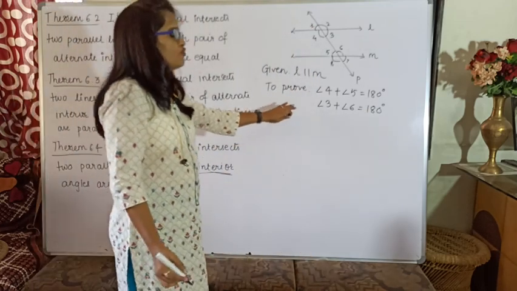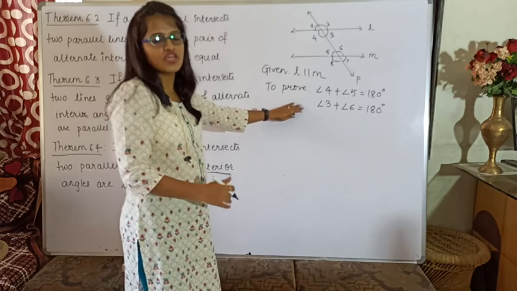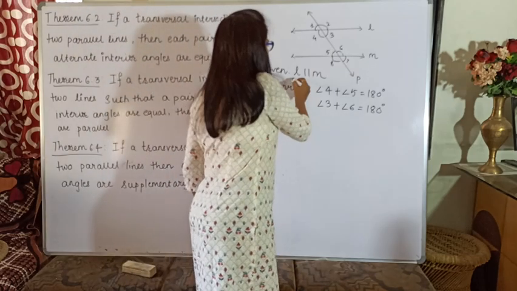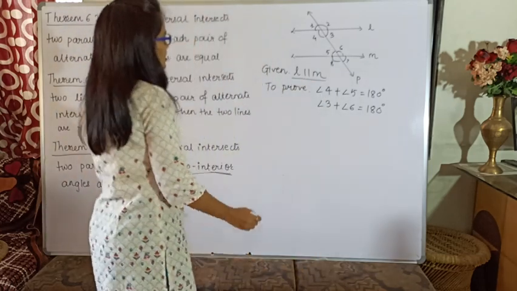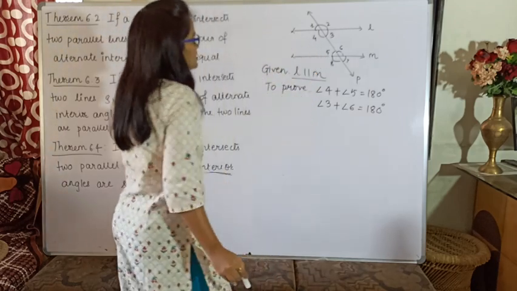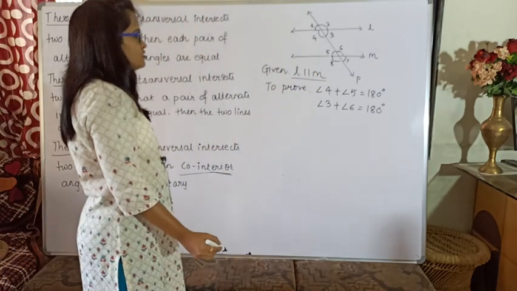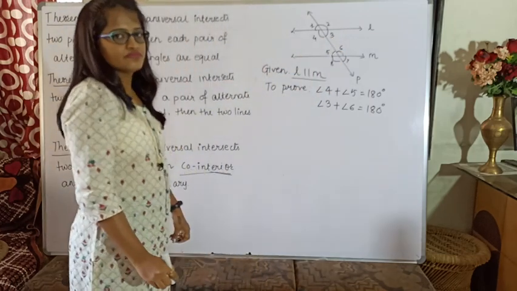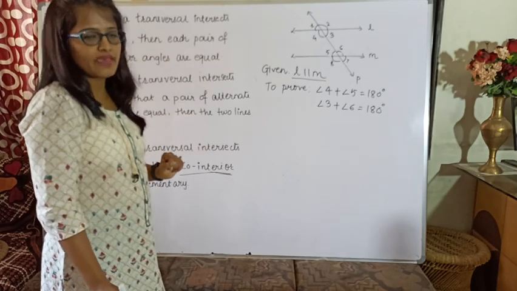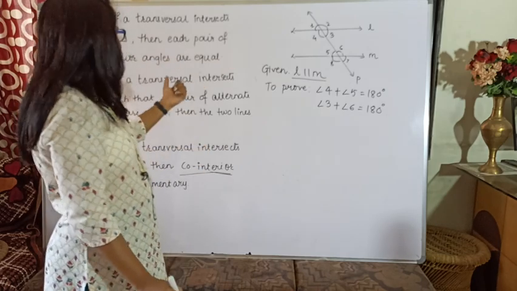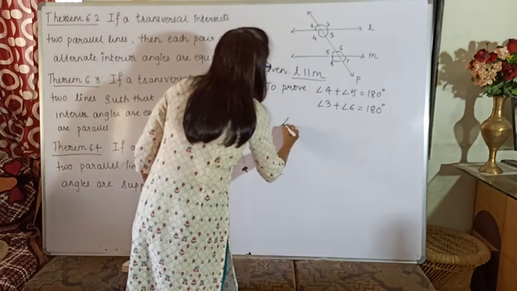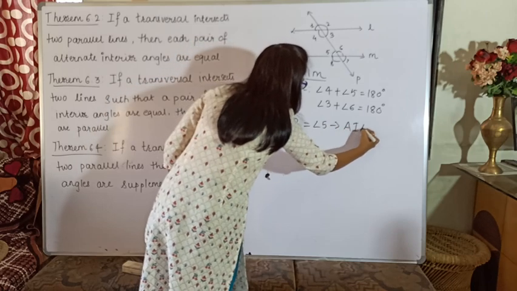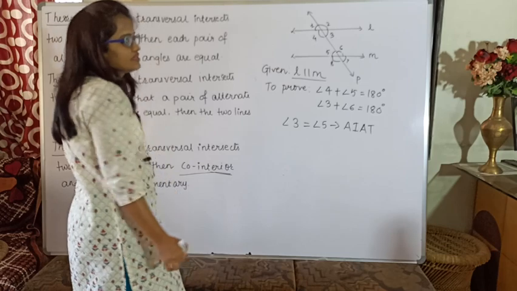Again, for proving this you can make use of the theorems and axioms which we have used or proved in the previous section. Now L is parallel to M, and I have to show these two angles to be supplementary. So how can I go about it? Is angle 3 equal to angle 5? L and M have already been said to be parallel, and just now we have seen the alternate interior angle theorem. So angle 3 will be equal to angle 5. Reason? Alternate interior angle theorem, not axiom, theorem.